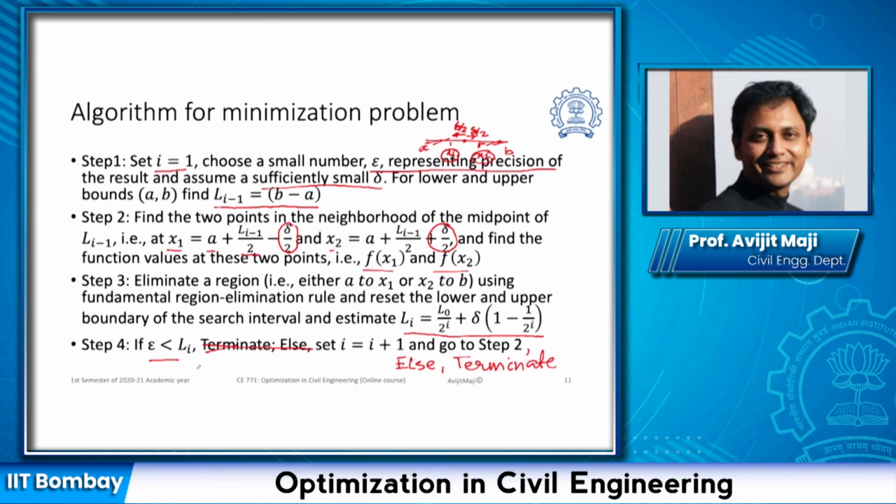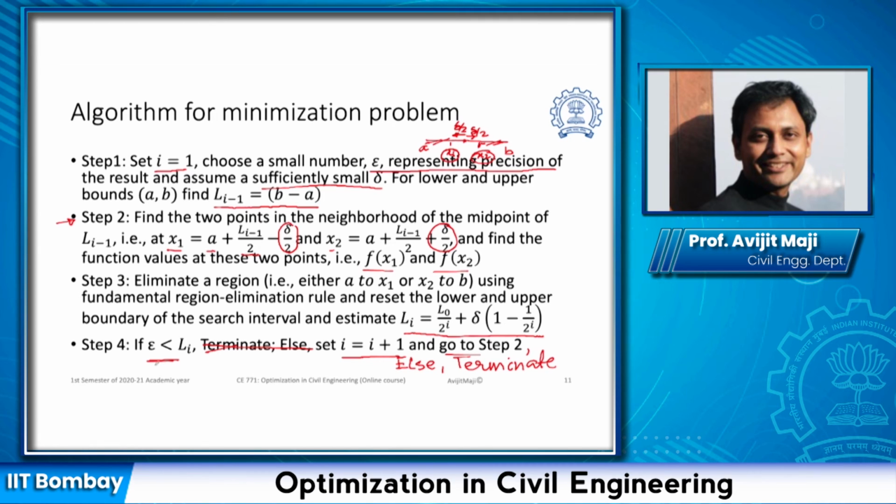So if the new interval length is greater than the precision level, we have to increase the iteration by 1 and go to step 2, which is here. We are again going to find the 2 points very close to the middle of the new interval, find the function values, and then eliminate one of the regions. So that process will be continued from step 2